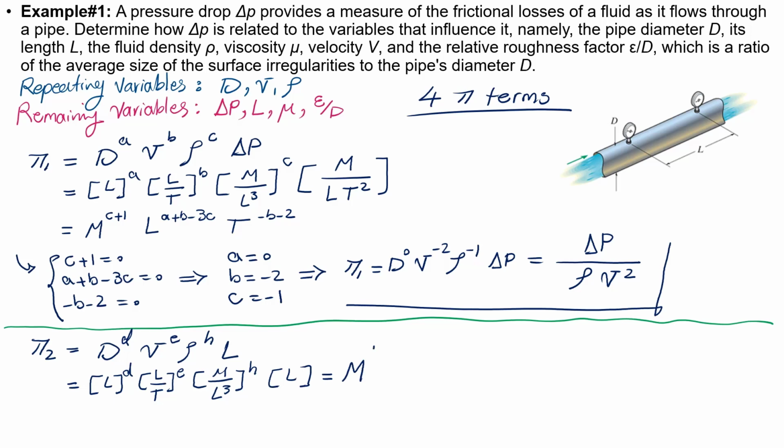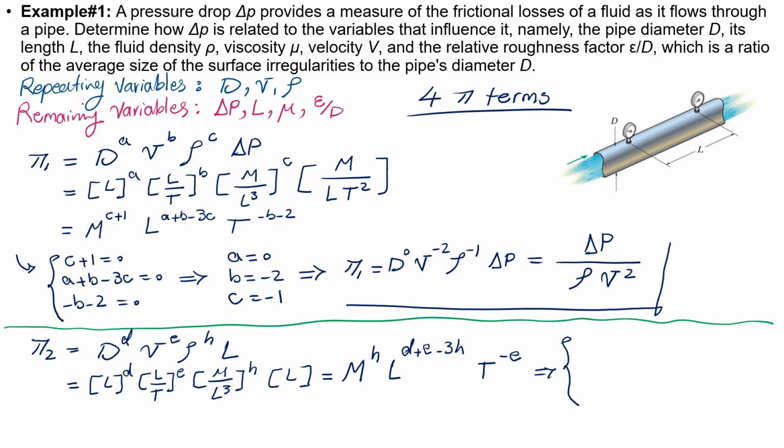So it's M to the power H, L to the power D plus E minus 3H, T to the power negative E. And so again, you will form a set of equations based on this, which says H